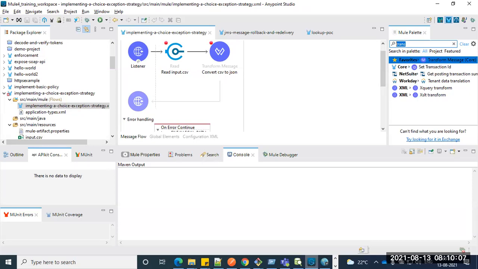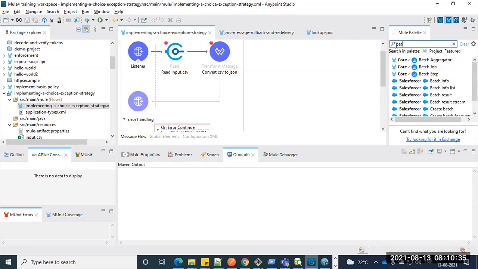But in case of bulk inserts or bulk operations, my requirement is that irrespective of success or failure, when we get bulk messages, none of the records should be blocked. If one record has issues, we cannot ignore the other records or roll back the complete thing. We have to go ahead with all the other records as well. So in case of bulk insert, how can we do that?